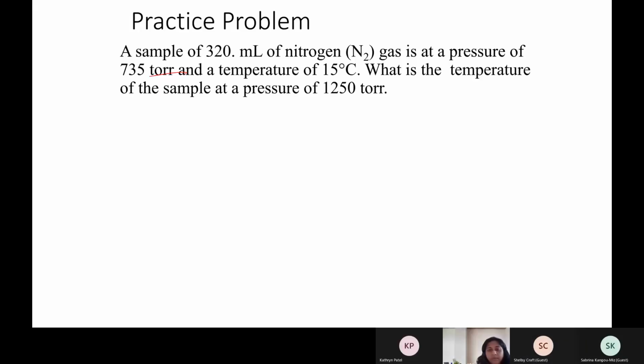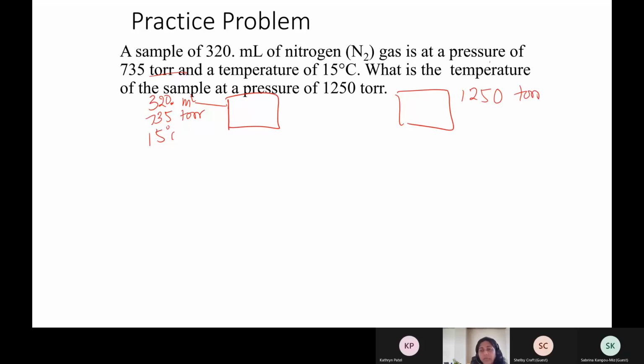Condition 1: the volume is 320 milliliters, so that means it has three significant figures. Pressure is 735 torr and a temperature of 15 degrees Celsius. What is the temperature of the sample at the pressure of